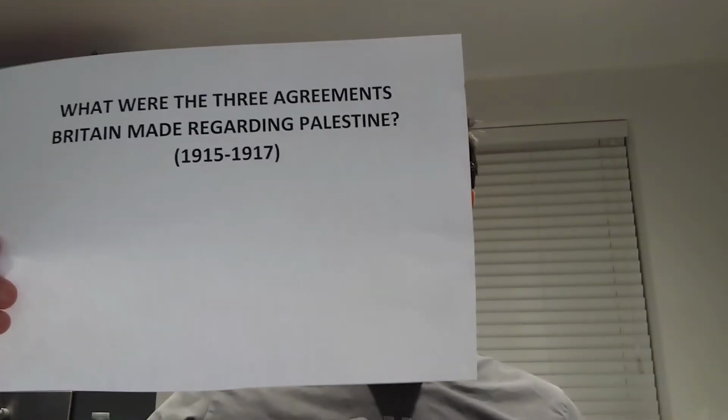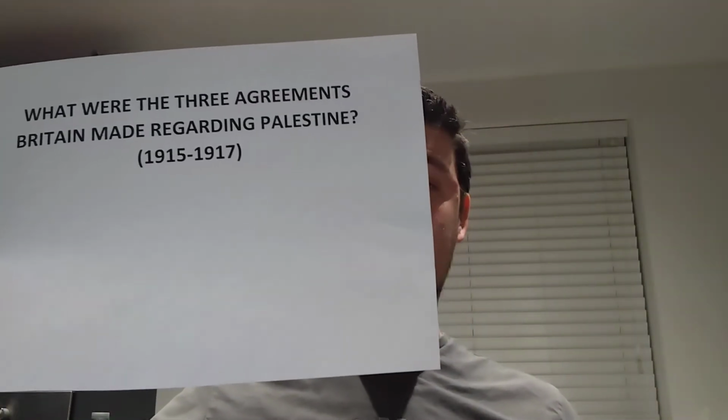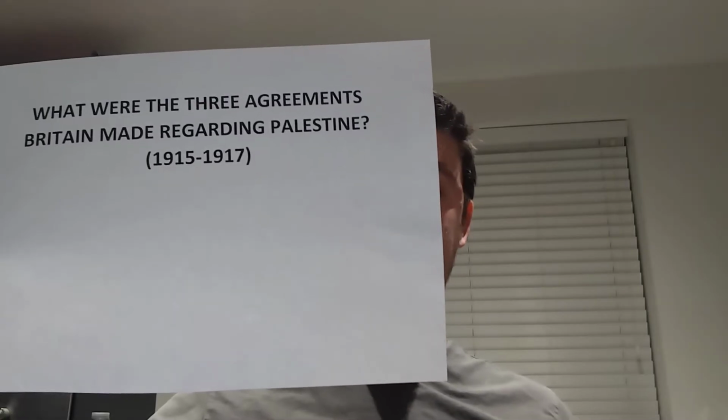All right, quick video for year 11 to go over some of the things that we covered yesterday in our first lesson on the topic of conflict in the Middle East. It's got a rather wordy title here: what were the three agreements Britain made regarding Palestine between 1915 and